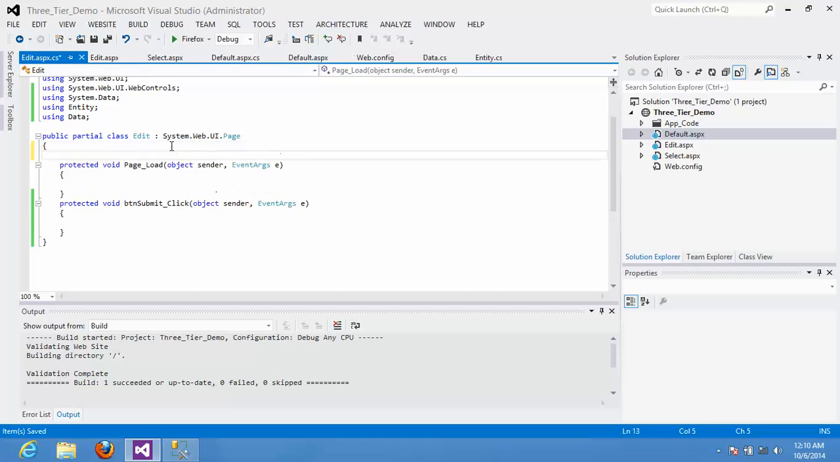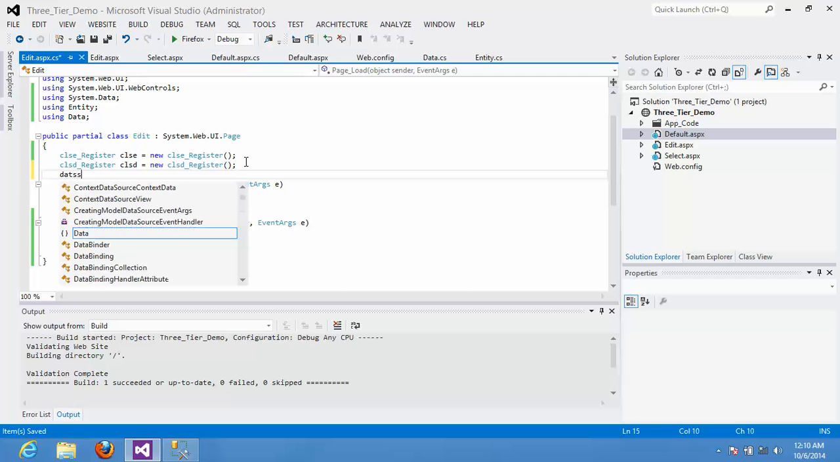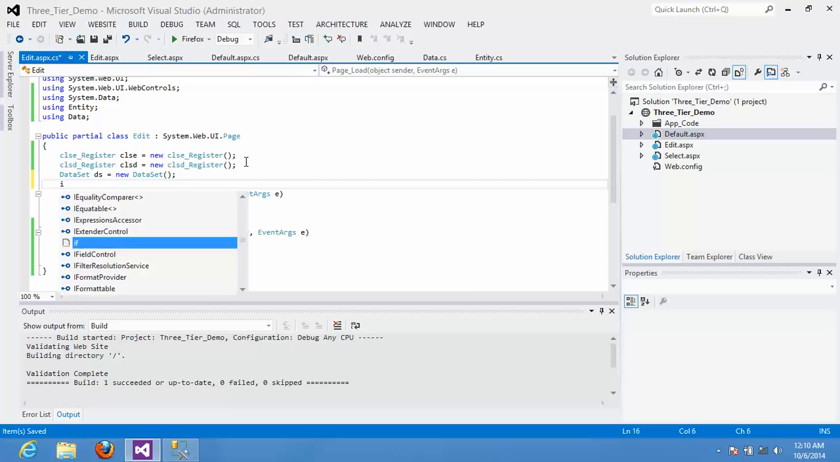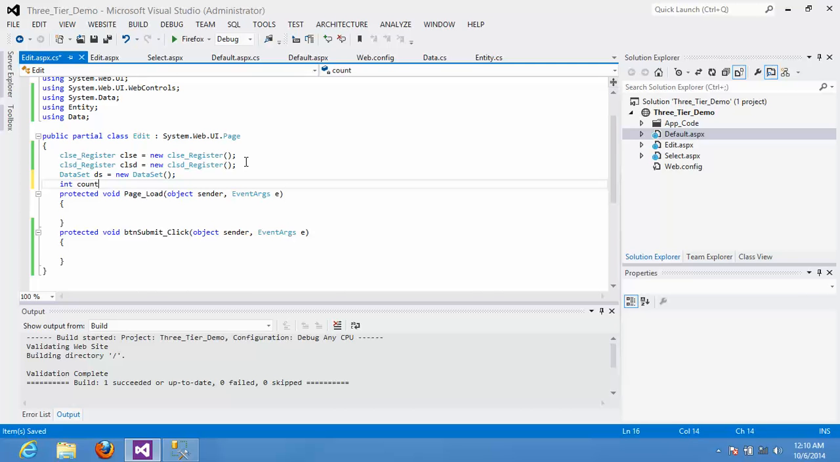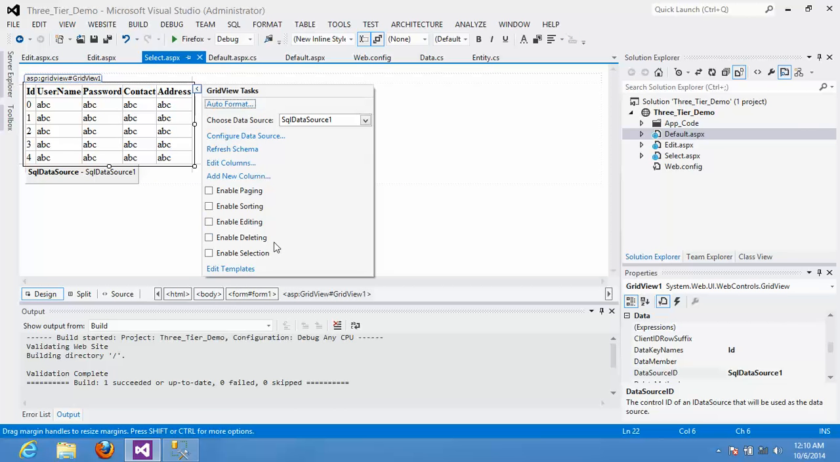Now I'm taking here a CLSE register. CLSE is equal to new CLSE. CLSD register, CLSD is equal to new CLSD register, and data set ds is equal to new data set. Okay, and I'm taking another variable which is called unit count. Okay, thank you. First of all, I need to add a column